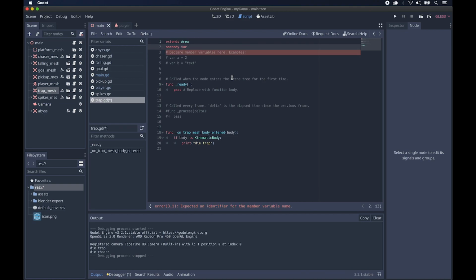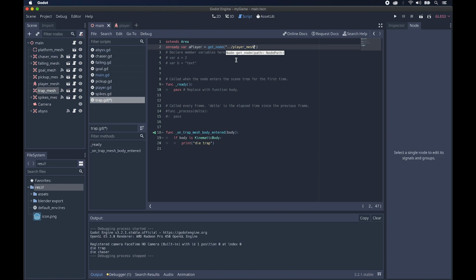OnReady var, I'm just going to call it a player, animation player, and it's going to equal, we need to tell it which animation player it is. So we're going to make this variable the animation player node of the player node. So to do that, we write get underscore node, and then in the brackets, in quotation marks, we're going to write dot dot slash. This indicates that we're looking for nodes in our parent node. So in our main scene, it looks at all of these. If we don't add these two little dots and a slash, it'll think that we want to look within this object itself. The next thing is to write player